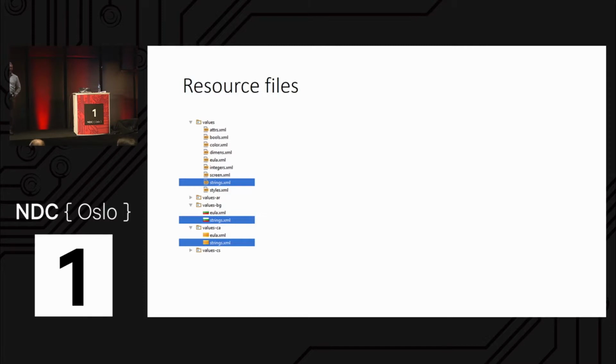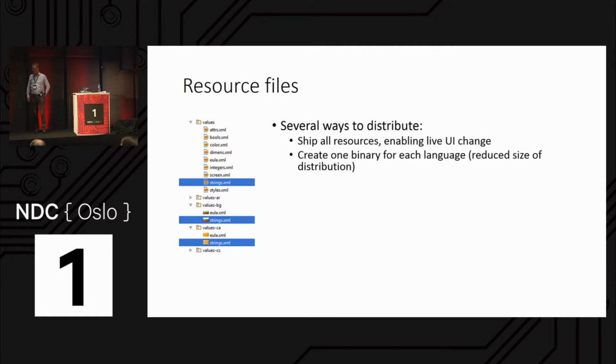Then you have made it possible to localize this program into a different language, because you end up with a tree structure like this. You have one default XML file, which is typically US English, at least for us. And then in a different subfolder, you have one for Bulgarian, you have one for Catalan in this case. You can distribute the whole thing so that your users can change the language on the fly on their computers if necessary, or you can package each one separately and distribute just the languages that the individual users want to have.